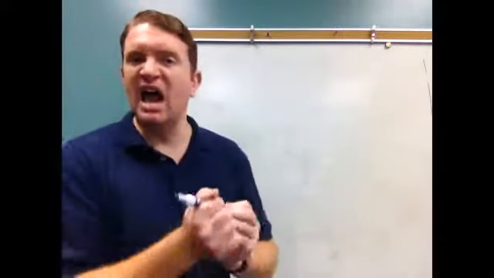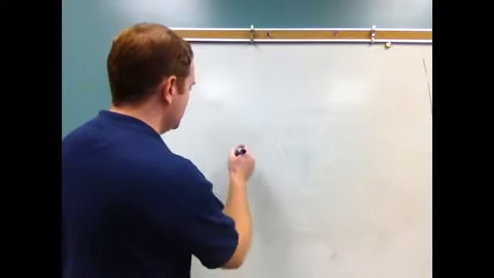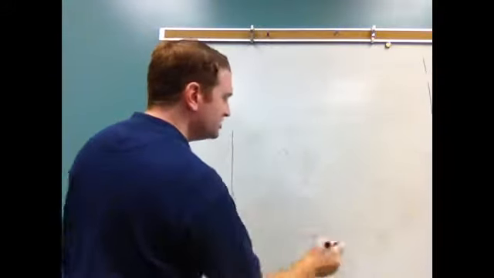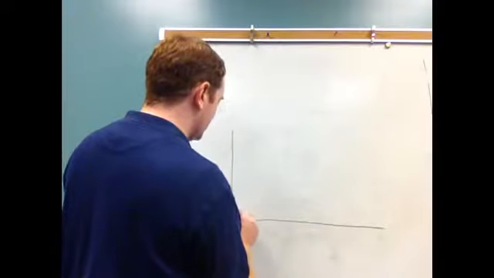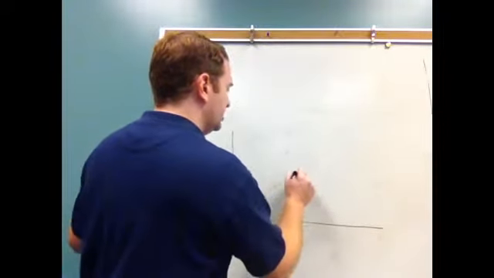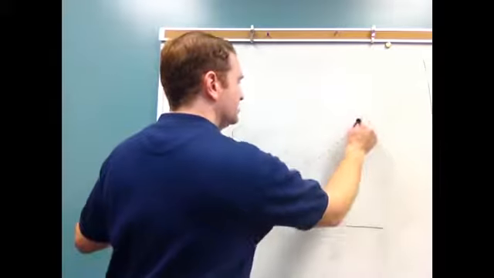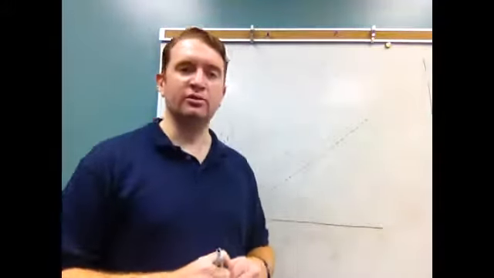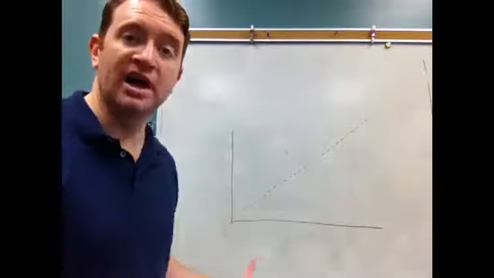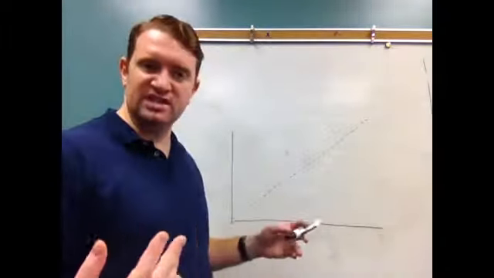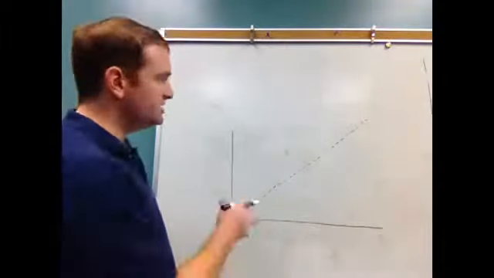Let's talk about houses. Let's say houses generally go up in price. So I'm just going to make a graph here that shows the equilibrium price going up. Perfect, right? The houses get more expensive as they go on, which means if you buy a house, you can sell it for more. It's a good investment. So this is the equilibrium price.